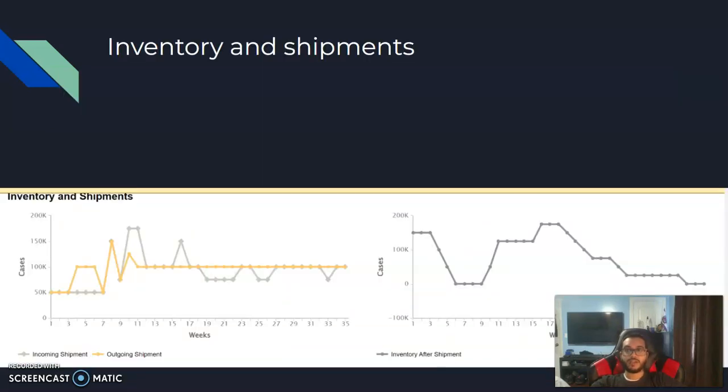Here you can see my graphs for inventory and shipments. The one on the right for inventory doesn't show much or the full story since it only shows inventory and not backlogged cases that needed to be shipped out. The graph on the left shows shipments, both incoming and outgoing, in gray and yellow respectively. You can see a small bullwhip in outgoing orders that ends in week 10, leaving us with 25 weeks of the exact same demand.